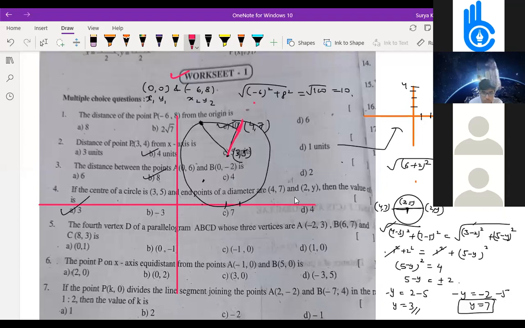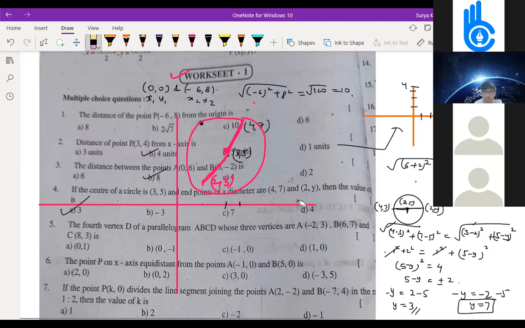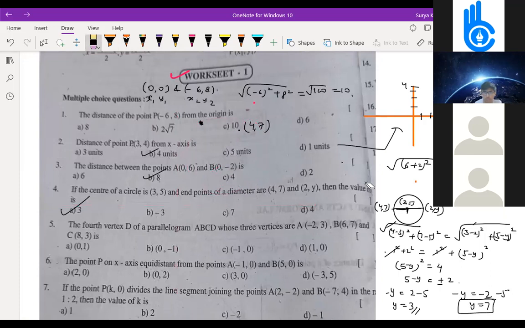See, this is (4, 7). And if you write (2, 3) here, it will come somewhere here. It should come like this only, children. So the circumference will come like this. If you write (2, 7), it will come like this. So this is equidistant, but this is not the diameter. So for the diameter, this should be (2, 3). Is it clear to everyone? Is it clear how it is happening? Yes, sir. So the answer here is (2, 3).